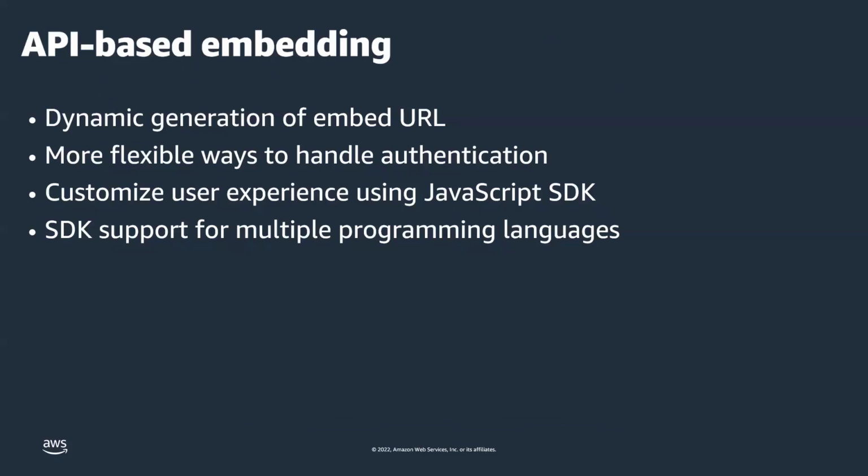The embedding of the generated URL itself happens in an iframe. Here the Amazon QuickSight JavaScript SDK will let you embed the QuickSight experience in your application pages. You can further customize the experience by passing parameters or providing navigation options to a different dashboard. You can even react to actions taken on the dashboard in the parent application. The SDK is available in multiple programming languages like Python, Go, and Java. Before we talk about the details of API-based embedding in action,